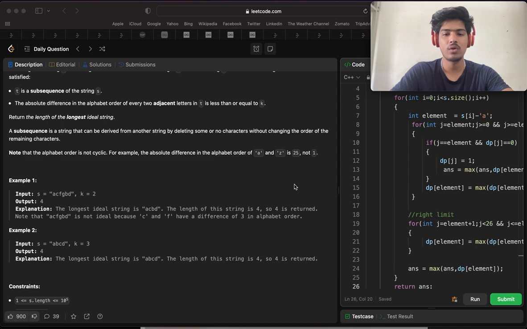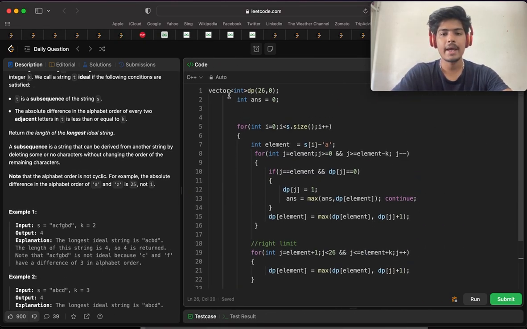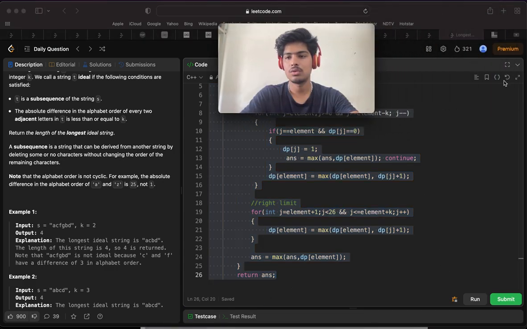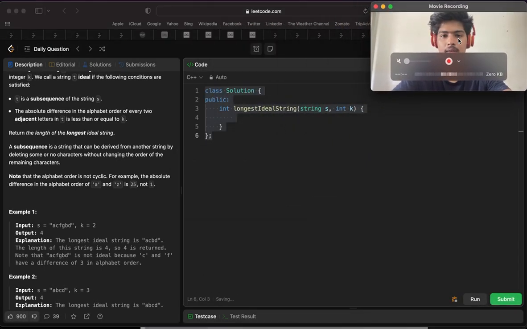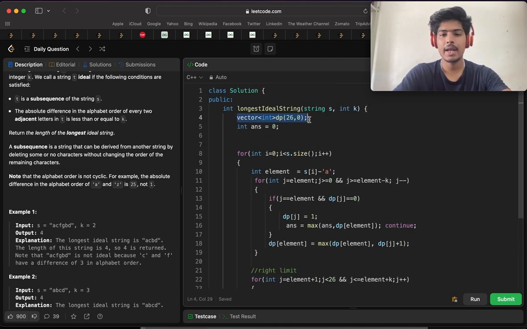So now let's see the code for this problem. So code is very simple. What we can do is we will apply a vector here. Actually, क्लास वाला कहाँ गया, इसको हटाते हैं. ठीक है, यहाँ से, और इसको क्लास पता नहीं कहाँ से हट गई, तो लिखा ठीक है, अब सही है. Yeah, so we can apply a vector because we have to store the characters, like previous two characters and character and after two characters. We'll apply an int answer equals 0, that we have to return the length.